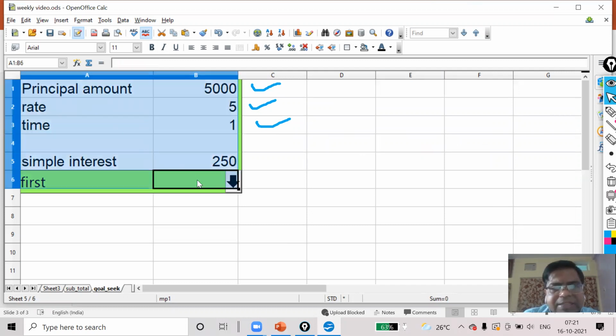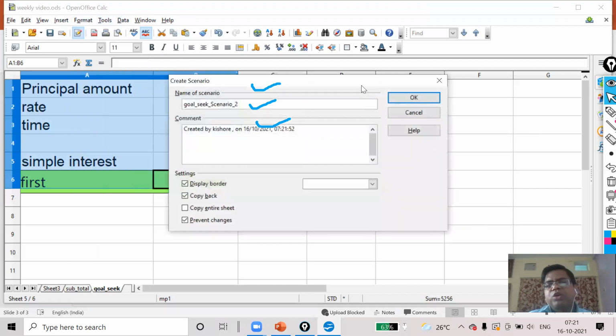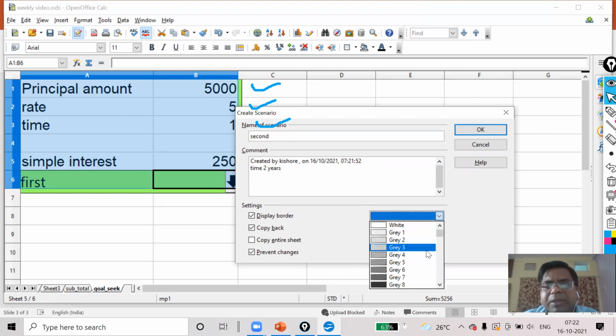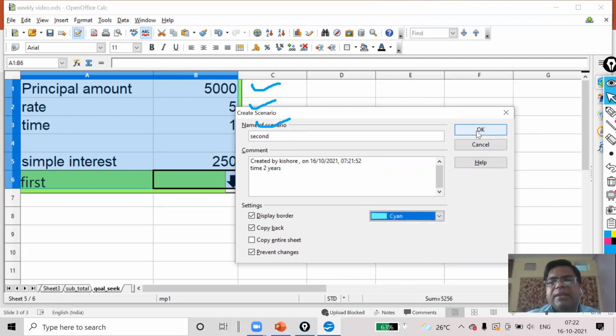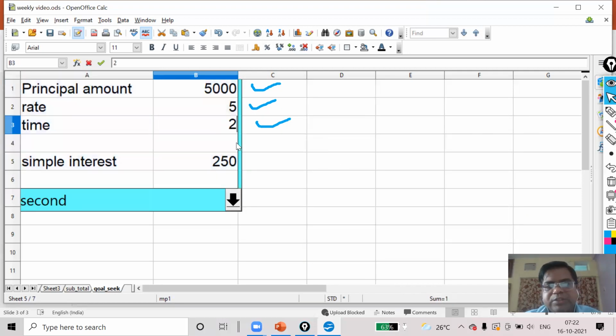Now I will again select this range of cells. I will go to tools and then click on scenario. Next, I want the second. Second will have time 2 years, and the border sign. And then OK. So here I will have 2 years.